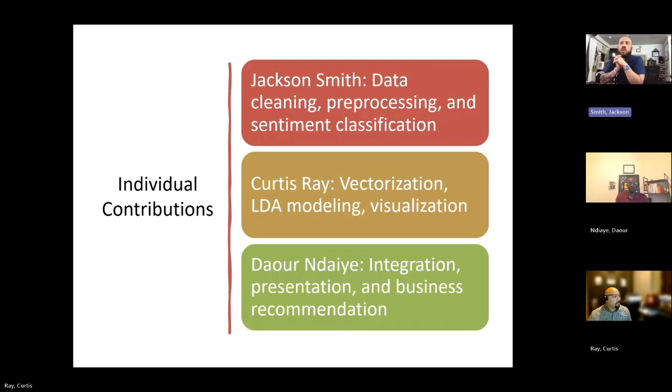Next slide. Just to highlight some of the individual contributions, we see here, it took care of the cleaning, pre-processing, and sentiment. Ernest drove the